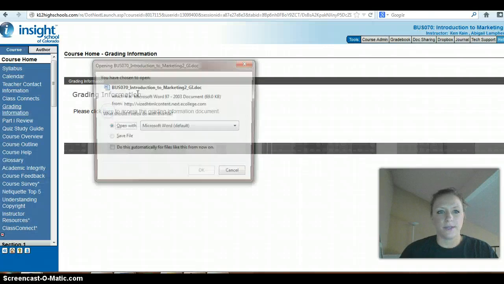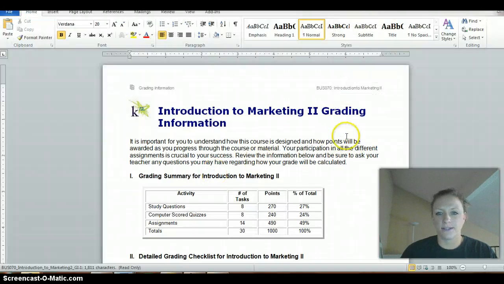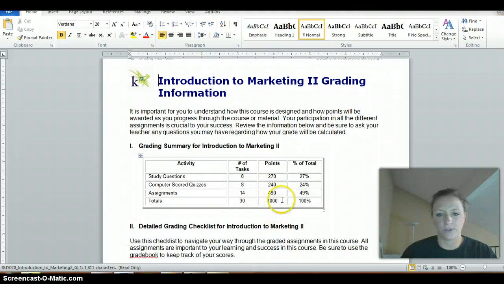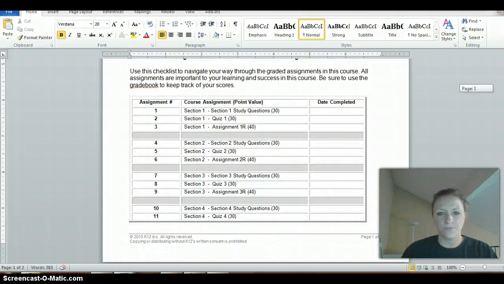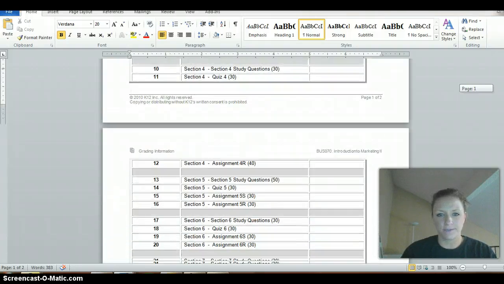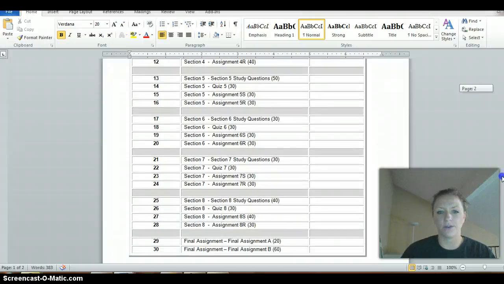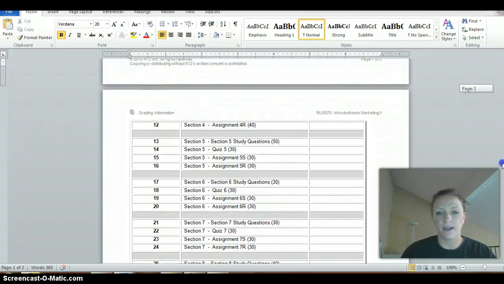Don't let that bother you, just because I like to make all my classes right about 1,000 points possible. Under the grading information tab, I have this document available. Again, you can see the point disbursements for the different assignments. If you'd rather use this view than